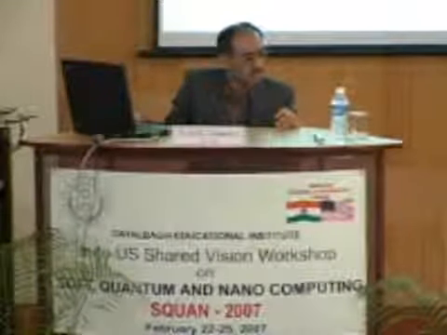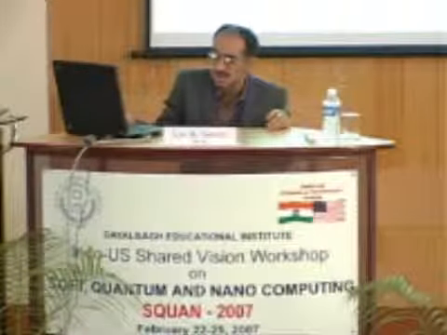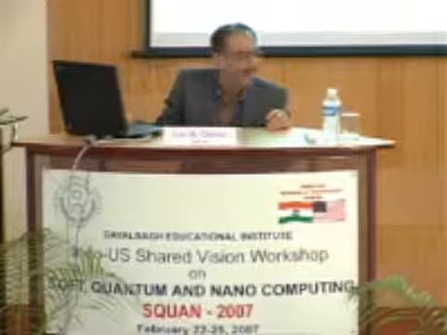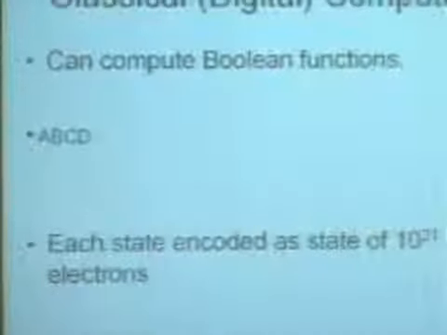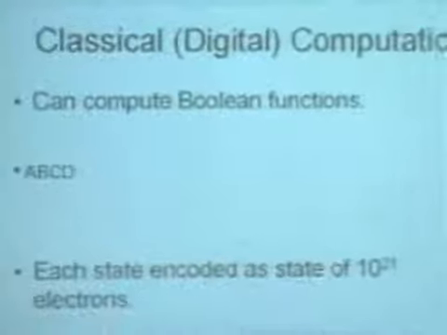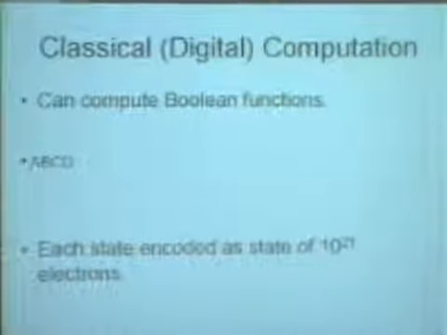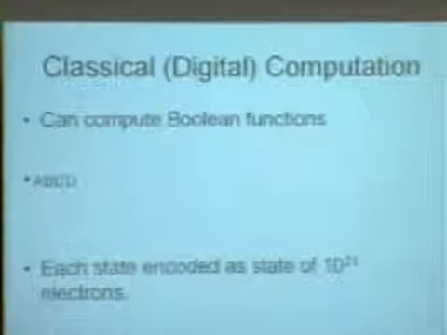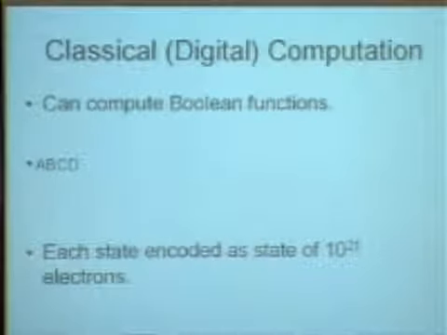But what classical computers can do very well is compute digital functions, Boolean functions. So given a Boolean function like A, B, C, D, we can design a circuit that will compute it for any inputs A, B, C, or D. And this Boolean function can be of arbitrary complexity. And classical digital circuits can be designed that will compute it. And that is pretty much all classical digital circuits can do, right? Compute Boolean functions very efficiently.